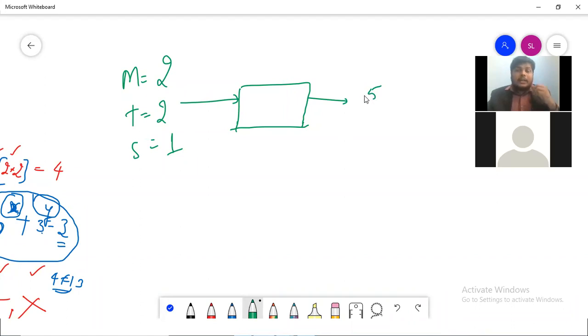Now you might want to change the input. You might feel that I will change the number of milk packets from 2 to 3, the number of tea bags from 2 to 5, the number of sugar packets from 1 to 2. So in this case you will make parametric changes. This is nothing but tuning the parameters. The technical term for this is tuning the features, that is feature tuning.